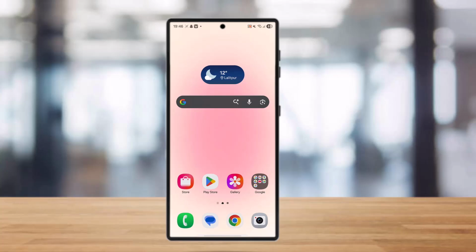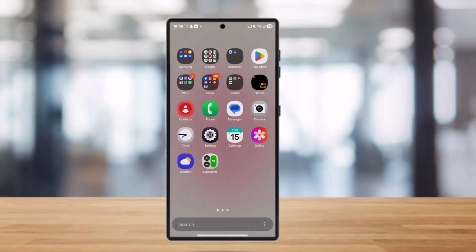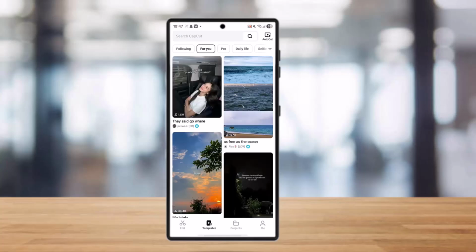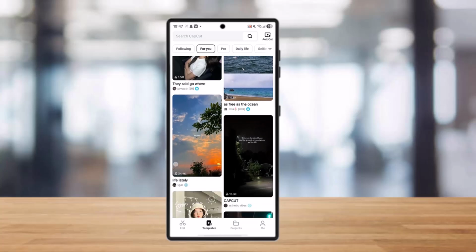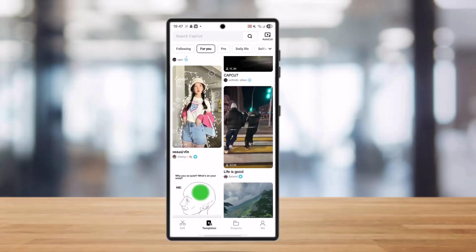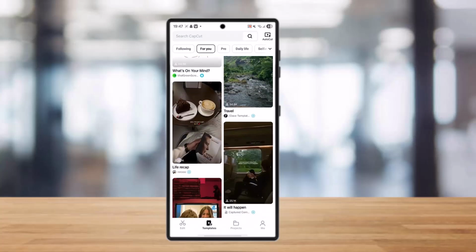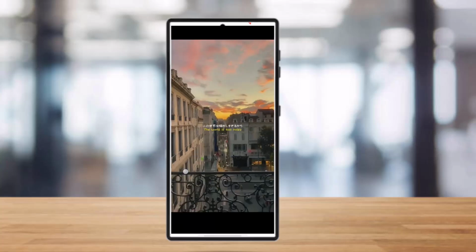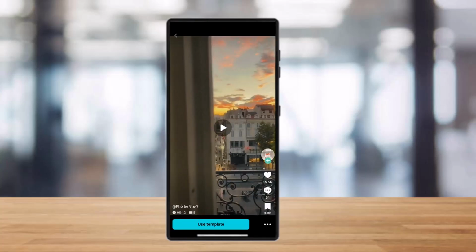So if you want to use CapCut templates to grow faster, all you gotta do is simply go to CapCut, and now using CapCut templates helps you grow so much faster. So you can simply go and tap on your template section, and there you can simply select any of the template that you want. After selecting it, you can simply adjust your video frame accordingly,